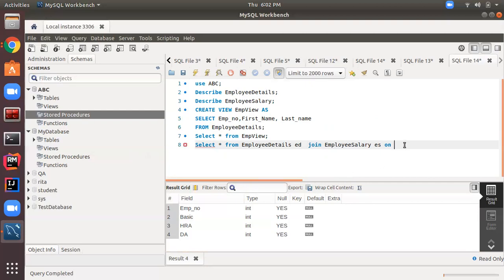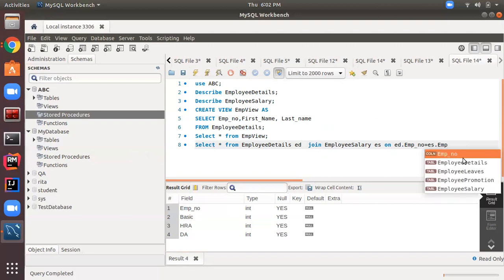You must remember the syntax: ed.emp_number equal to es.emp_number, right? So this is how we can use multiple tables while creating a view.